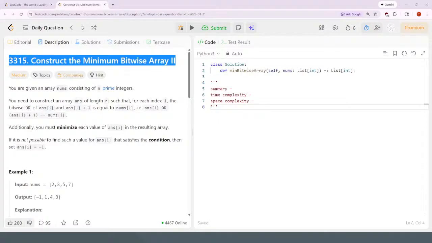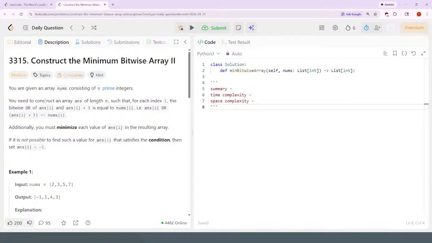Okay, let's see what we got here. It's going to be Construct the Median Bitwise Array Part 2, continuation of the part 1 from yesterday. Given a nums array consisting of n prime integers, we construct an array of answers of length n such that for each index i, the bitwise OR of answer[i] and answer[i] plus 1 is equal to nums[i], i.e. answer[i] OR